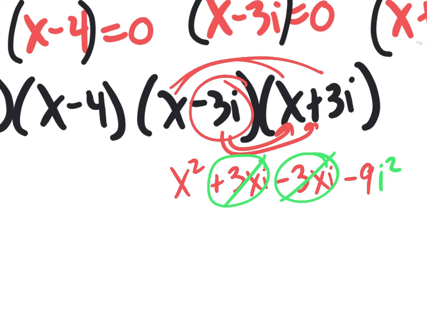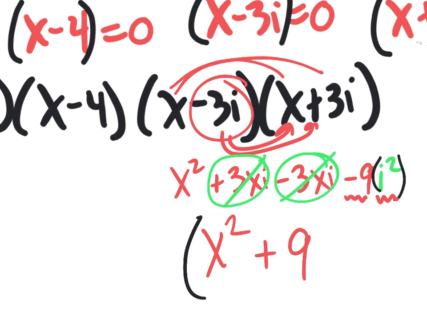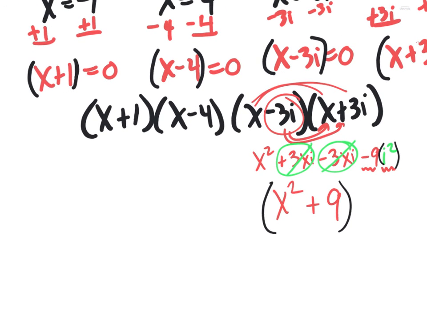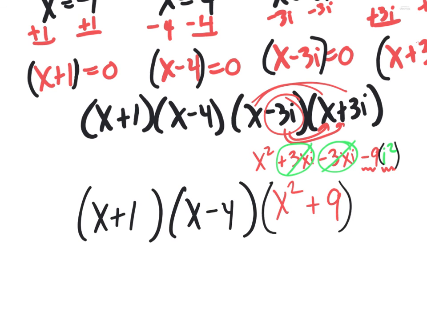Now the middle terms are exact opposites. They will cancel out. The i squared becomes negative 1. So what we really have is x squared, negative 9 times negative 1, that'll give you a positive 9. So this is what we get when we multiply the x minus 3i times the x plus 3i. And again, we want to multiply everything together. So we still have the x minus 4 and the x plus 1 that we need to multiply through. And it doesn't matter which way you go. You need to multiply all of them, right? So you could do these two binomials first or these two binomials first. It's totally up to you. I normally go with these, but just for the sake of showing you a different path to the same answer,